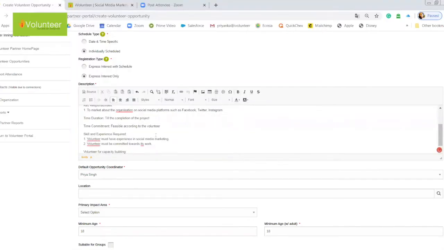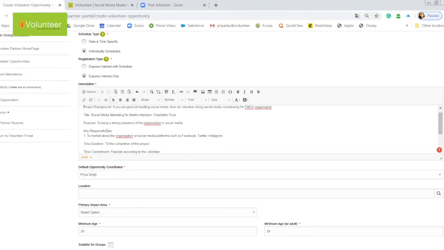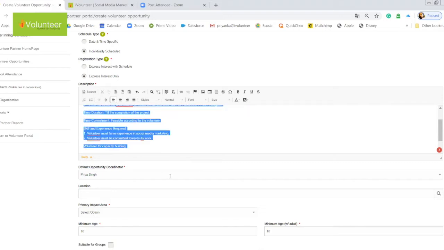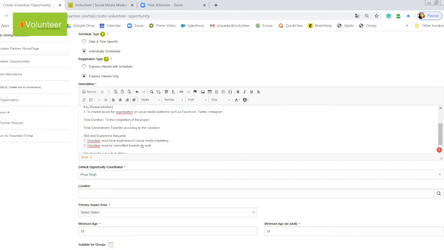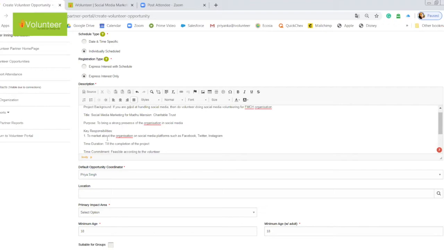Here, the same opportunity, I copied it from a notepad now. And you can see the difference: the spacing and everything, it's not much of a difference. Probably I would just want to shift this a little bit here and there. I would want to justify the alignment, a little bit of changes, but this is much more synchronized. So this is what we would recommend.